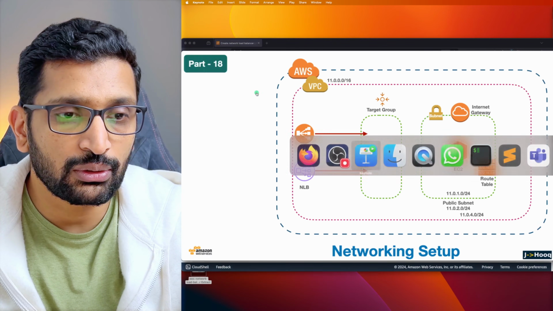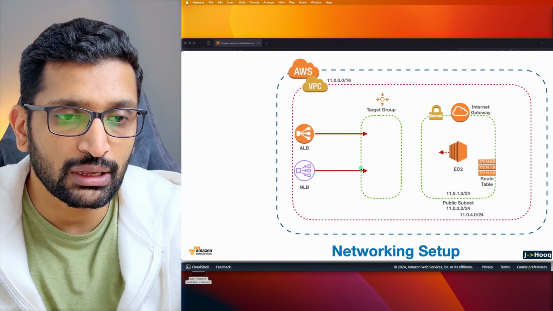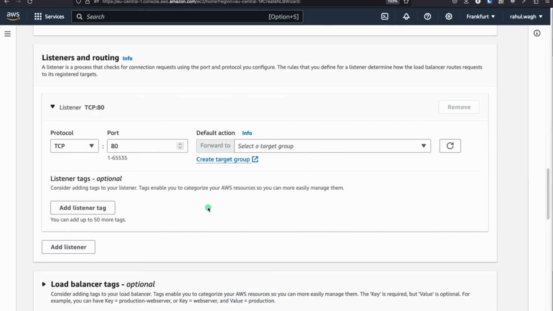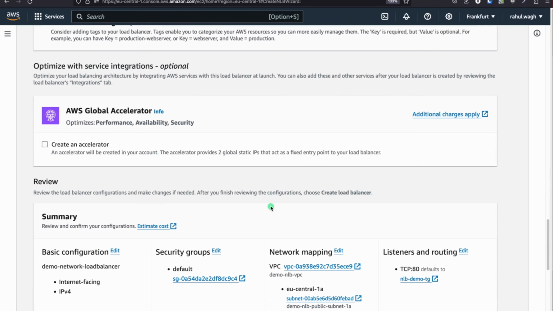If you take a look at the diagram, I'm talking about this NLB and this EC2 instance. So this NLB is pointing to this target group. If you go and select from the drop down, then you will find the NLB demo target group which we have just created. So select this one, and if you go down, then